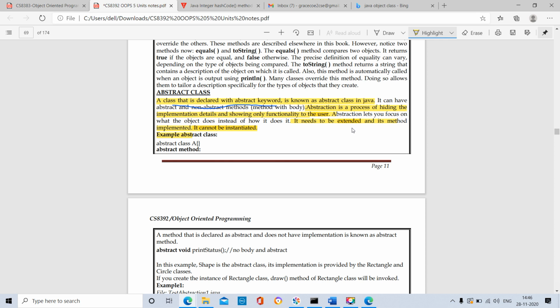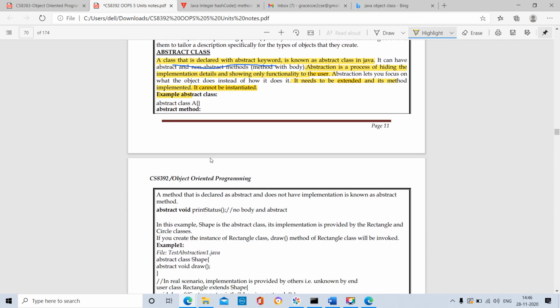So whatever methods are present in the abstract class will be extended or otherwise implemented. Those abstract methods have to be extended or implemented. We'll see an example so you can understand clearly. See the example, abstract class. Abstract is the keyword.